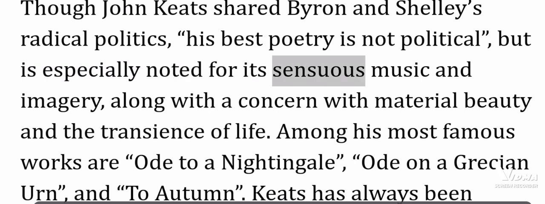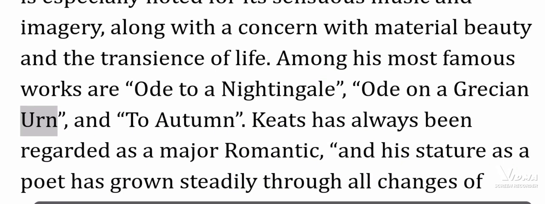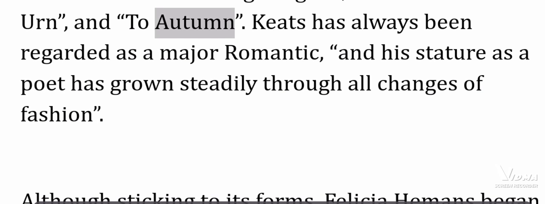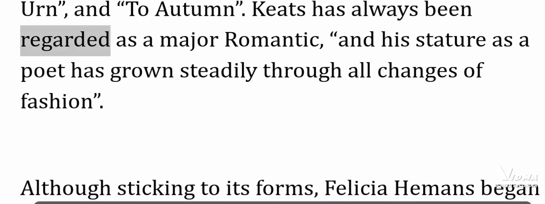for its sensuous music and imagery, along with a concern with material beauty and the transience of life. Among his most famous works are Ode to a Nightingale, Ode on a Grecian Urn, and To Autumn. Keats has always been regarded as a major Romantic, and his stature as a poet has grown steadily through all